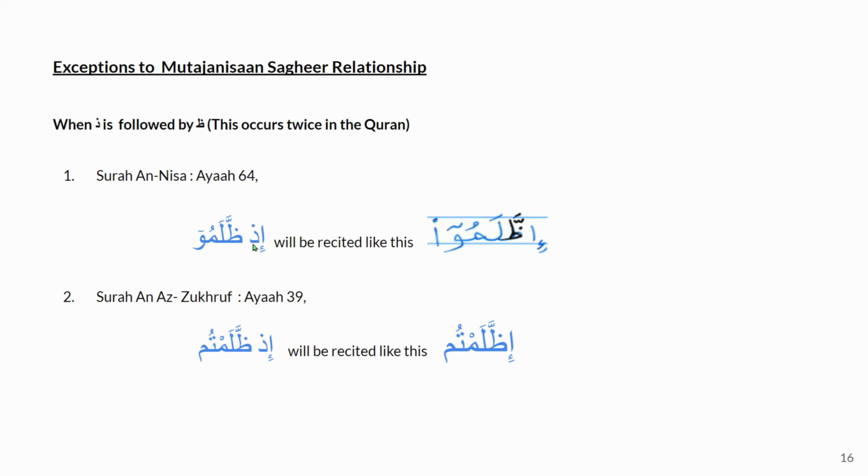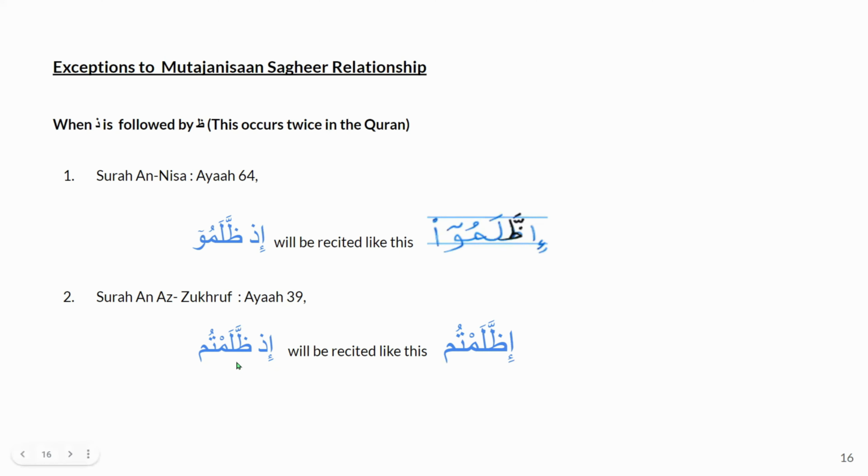And instead of reciting letter Zal, we will go directly to letter Dha, and we will merge letter Zal into letter Dha. This merging will be a complete merging. We will call this idgham kamil, and this is how we will recite it: Izzalamu. And just like this in Surah Zukhruf, ayah number 39, when letter Zal and letter Dha are in